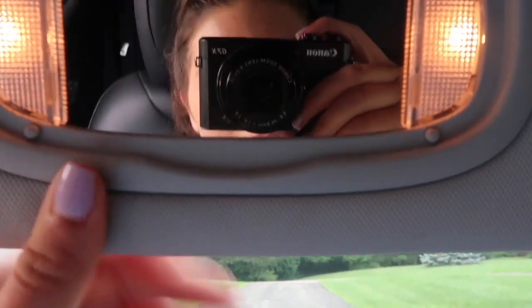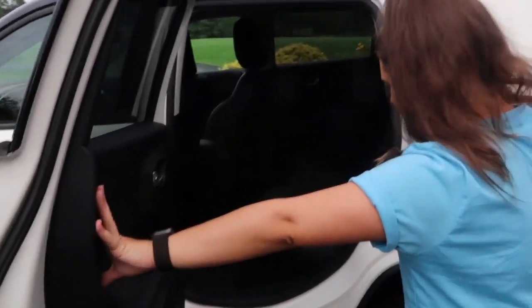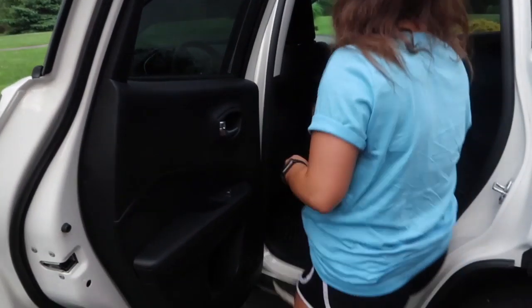And then you have a mirror. Hello. And then on the other side. Okay, so let's go to the back, because I think that's all for the front. Okay, so then this is the backseat passenger side, which there's really nothing all that crazy in here, except for